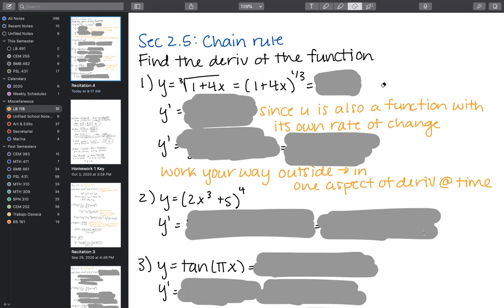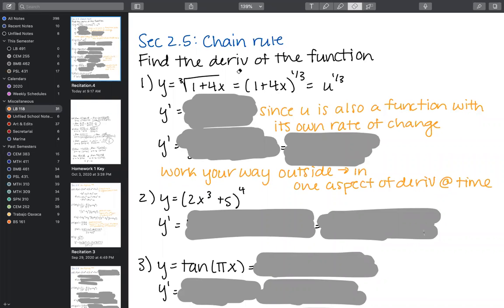Now we're getting into the new topic, the chain rule. In the chain rule and in other methods that we'll use going forward, we're going to call a certain part of the function u. So we're going to name what's within the parentheses here u. The reason we choose this is because there are basically two aspects to this derivative. And this method can be applied to much more complicated equations with more aspects to their derivatives.